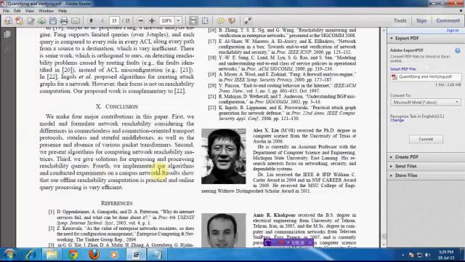Finally, the fourth one is that we implemented the algorithm on a campus network, that means an enterprise network. The results show our offline reachability computation and practical online query processing to be very efficient. So this is the scope of the project and its implementation. Query-based optimized reachability is the main focus of this paper. Next we